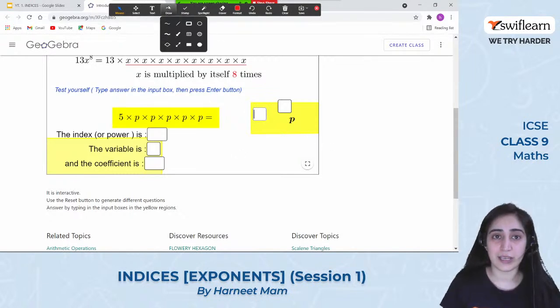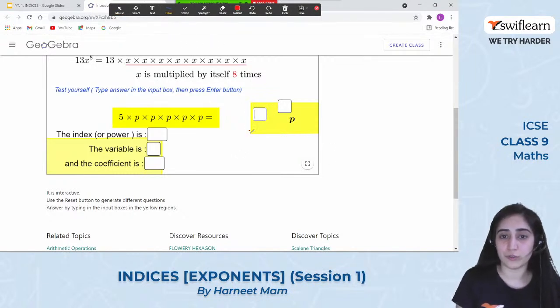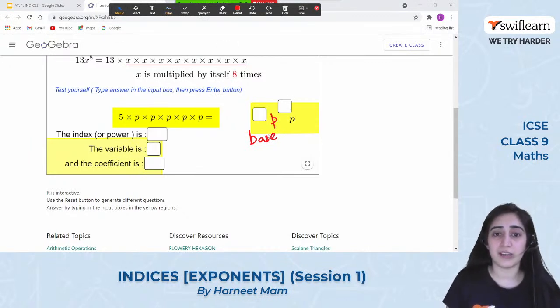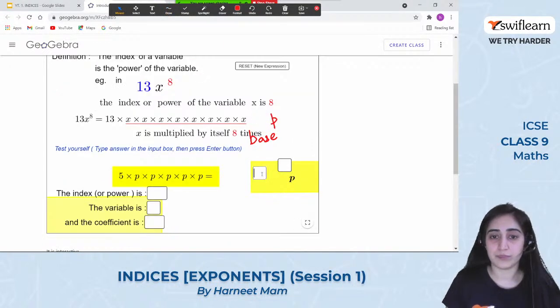Yeah, so I have made a little mistake. So this here should be the base. What do you think will be the base? And p should be here and this would be the power of p. So anyone who can tell me what can I write here? What can you think is the power base here?